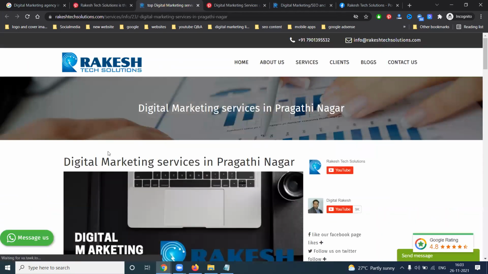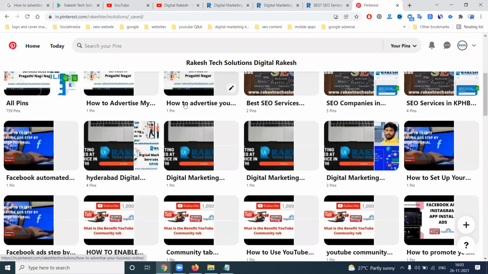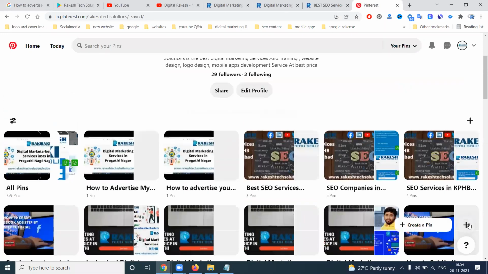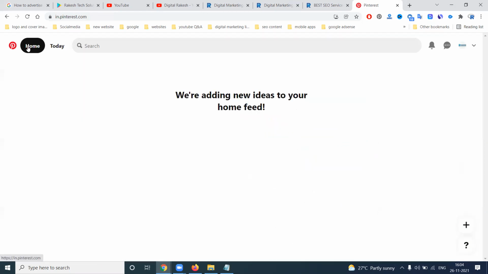We have three things: text, image, and link building for using Pinterest. These are nothing but referral traffic to your website. Most people don't know how to use Pinterest properly. When you click here, there is the create a pin option with title and everything, which completes your platform. You can give this option. And one more thing.